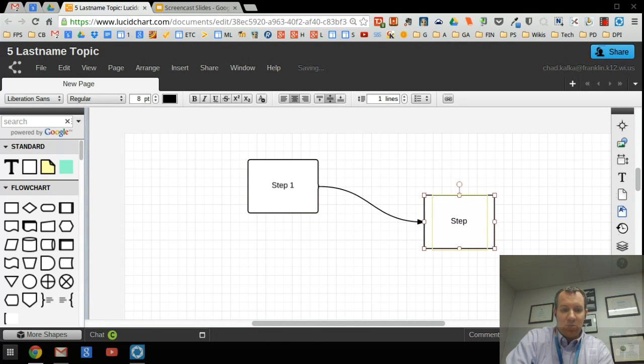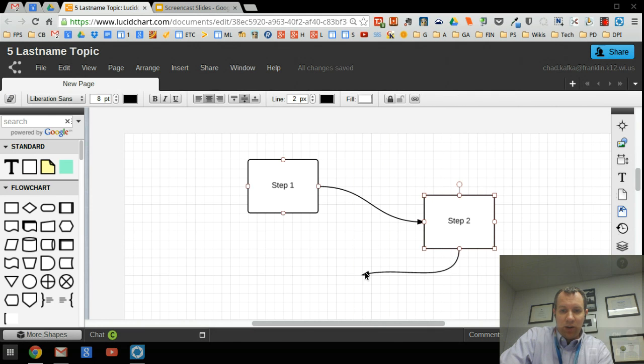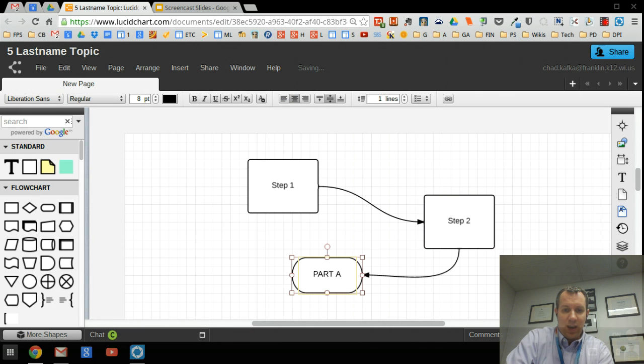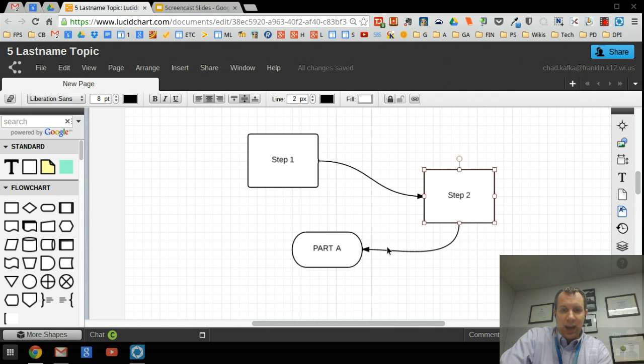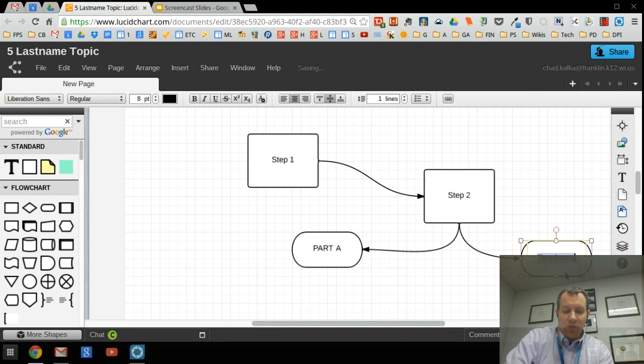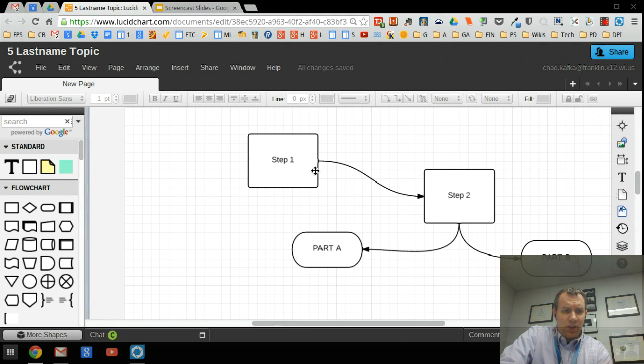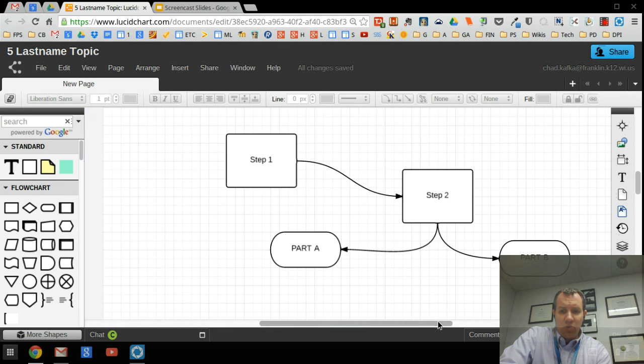So maybe this is step 2 in my process. And maybe from here, I want to go over here and make this be part A. I'll scroll down a little bit, and you can drag lines off of the same dot. So if I was going to show a split here, I can do this as part B. So that's just very simple basics of how you can start making a diagram or a flow chart, maybe to